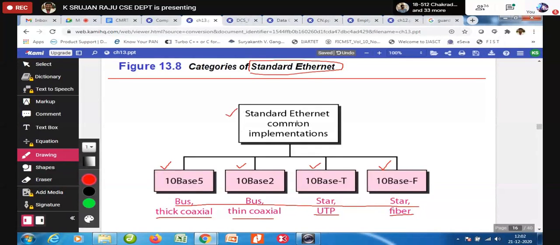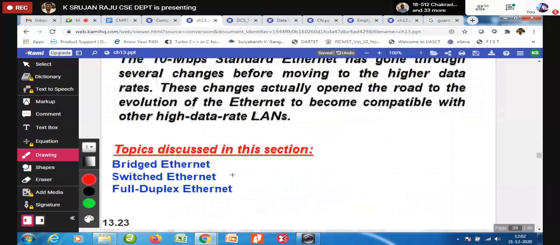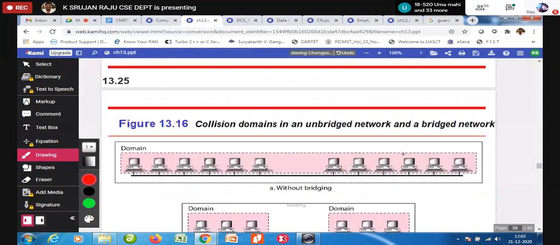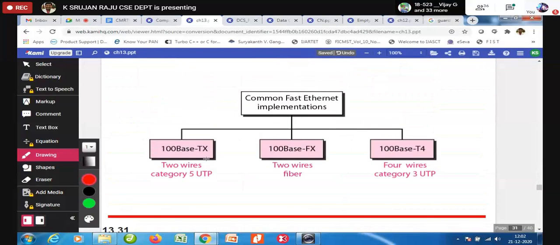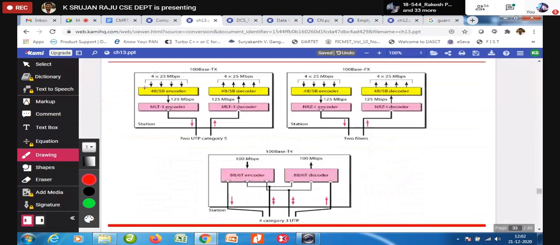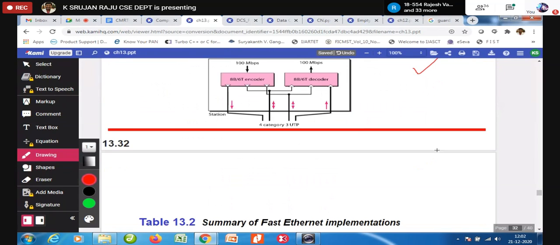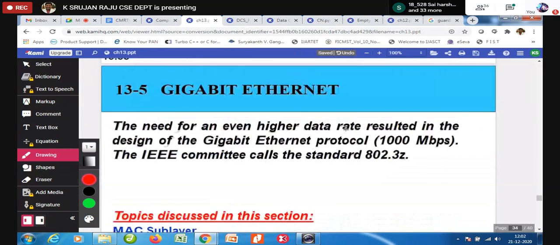When you look at the other one, fast Ethernet, you are going to have standards like bridged Ethernet, switched Ethernet, and full duplex Ethernet. When you look at fast Ethernet, you have 100BaseTX, 100BaseFX, and 100BaseT4. These use different encoders, which is faster than your standard Ethernet. And the same way we are going to use